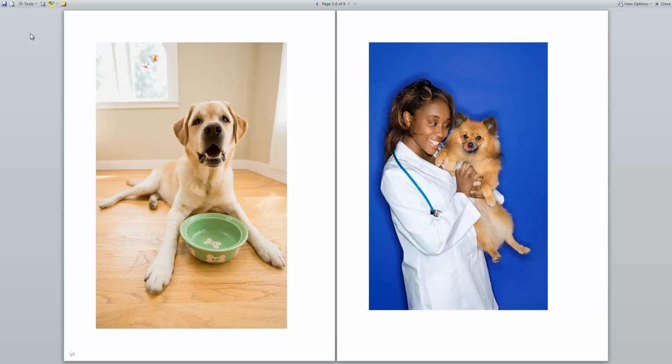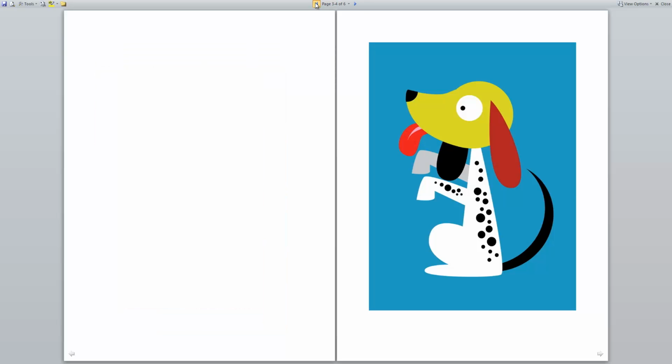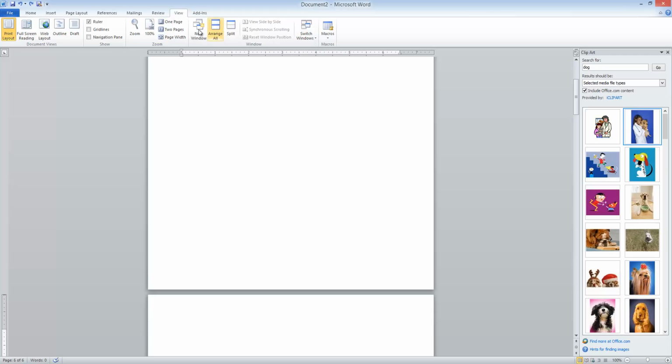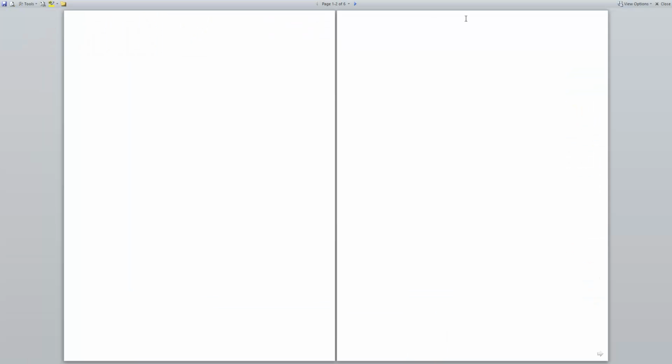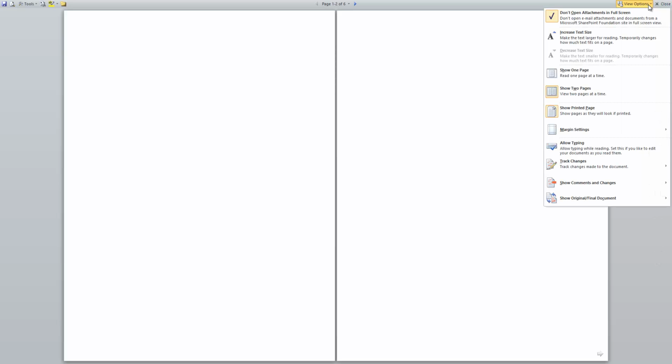So it's kind of like if you're reading an ebook, or you want to see how maybe an ebook or something will look if you want to save a Word document as a PDF, say in a somewhat general ebook setting. You can look at it here, or a brochure or a newsletter. You can see how it will look with the user reading it. So we escape out of that, press escape to get out of that, or you can go to home screen and then you can go here to the top right hand corner and close,